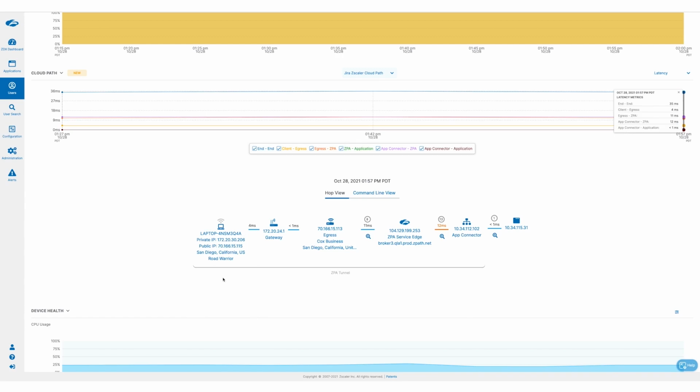Now you can see end-to-end what's going on. You can see the CPA tunnel. You can see from the client to the service edge, and from the service edge to the connector, and finally the application. In this case, it's pretty good latency. You can see it's 12 milliseconds only between the service edge and the connector, and it's very low latency in the data center. We also added new legs. Remember, a leg is an abstraction that identifies an interesting network segment where we want to measure latency and understand latency variations in a graph over time.